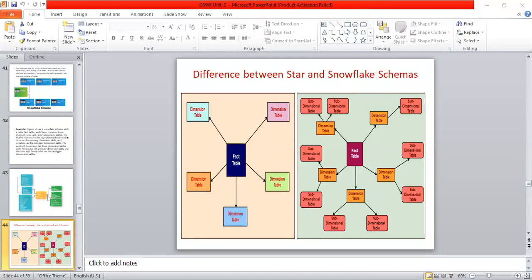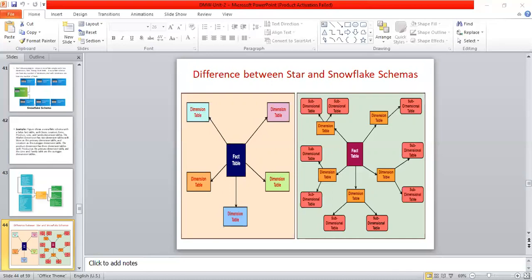In a star schema, the dimension table will not have any parent table, right? But in a snowflake schema, the dimension table will have one or more parent tables, right? So in the star schema, how many foreign keys are there? जितना वहां पे डायमेंशन टेबल्स हैं उतने वहां पे फॉरेन कीज हैं, राइट? So query execution time is lesser. But in a snowflake schema the foreign keys are more. Why? Because there are sub tables also, right? So the query execution time is more, right?